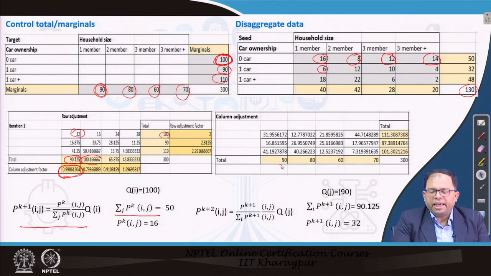Here we see again the columns match, 90 matches with 90, 80 matches with 80, because we are proportionately matching them, but this has changed. So, this is now different from 100, 87 is different from 90, 101 is different from 110. So, in the next step we will keep on doing this iteration